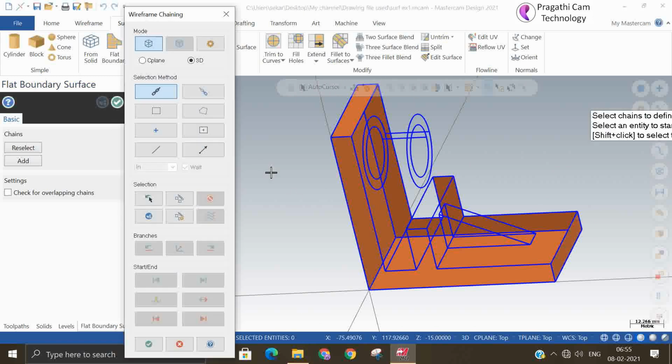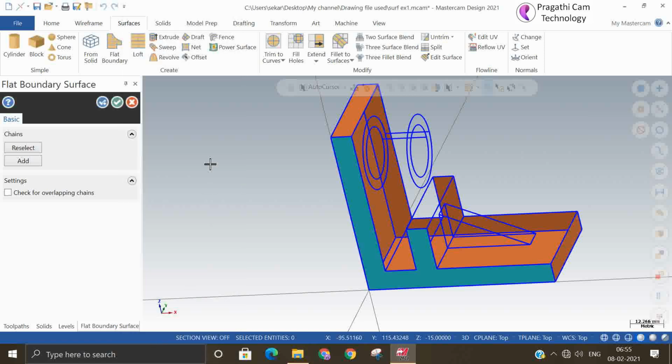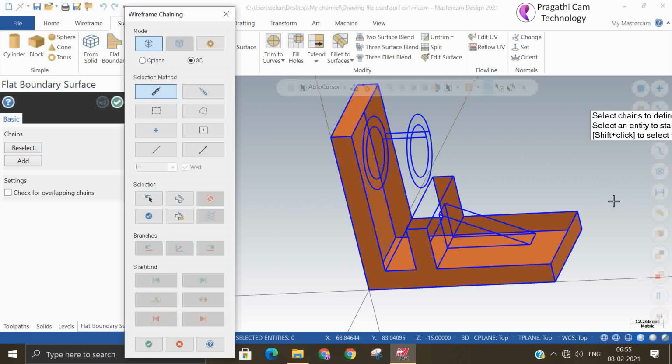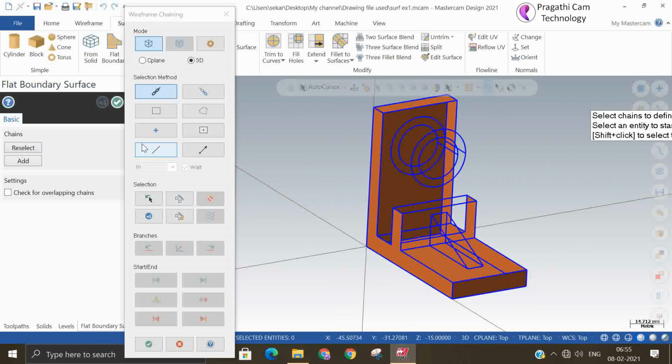Accept another chain. Okay, both are meeting. Accept. Now we can make the top, we can close it now.